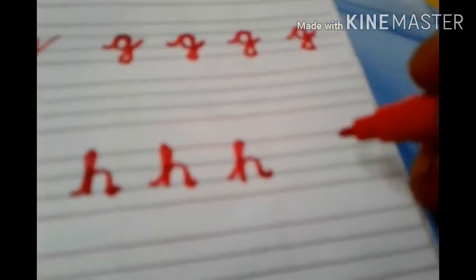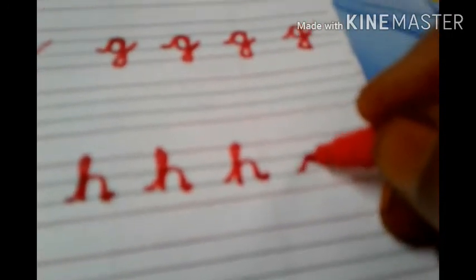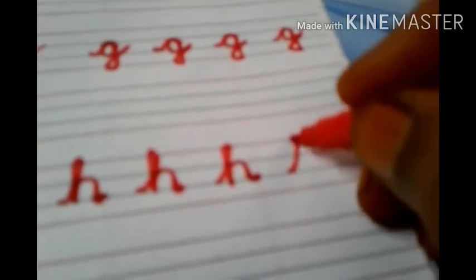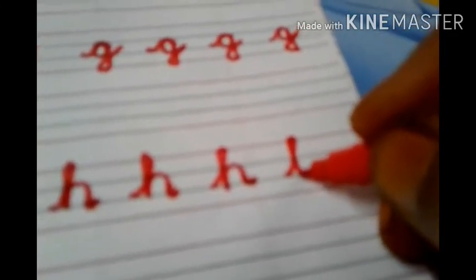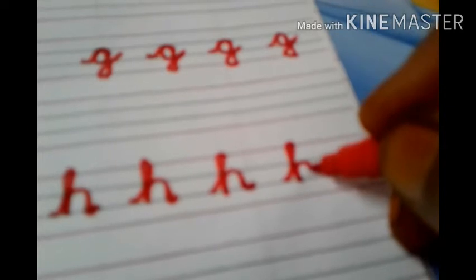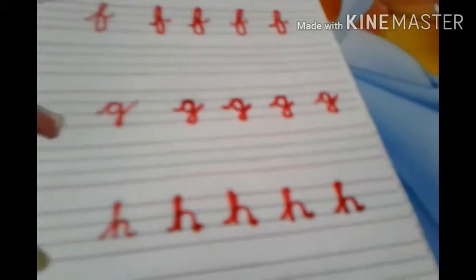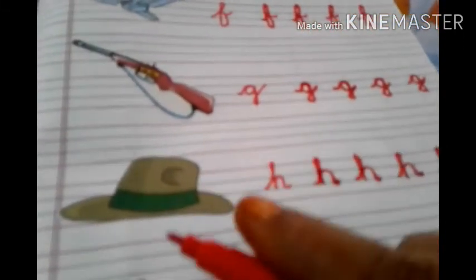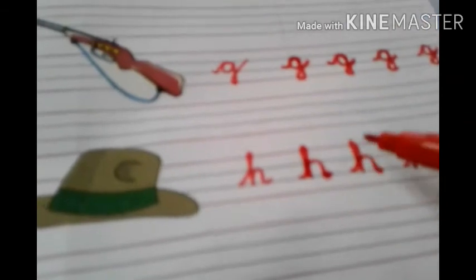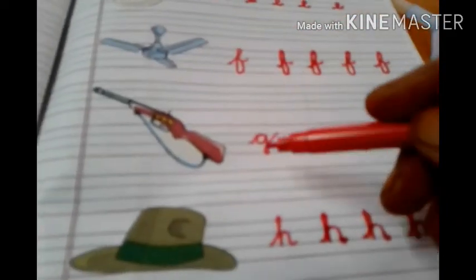Now once again you will see, place your pencil at the third line, go up to the top line, touch the top line, turn left, come down to the third line, touch the third line, go up to the second line, make a small curve, come down to the third line and make a small curve touching the third line. This makes letter H. H for hat. Now this is the top letter because it touches the top line. E for egg, F for fan, G for gun and H for hat.